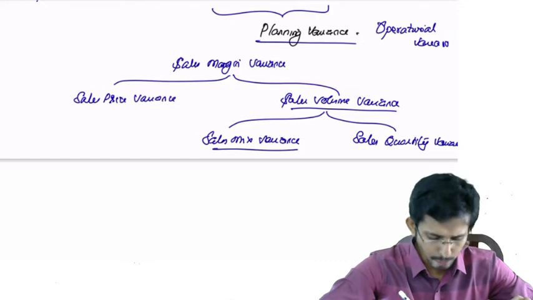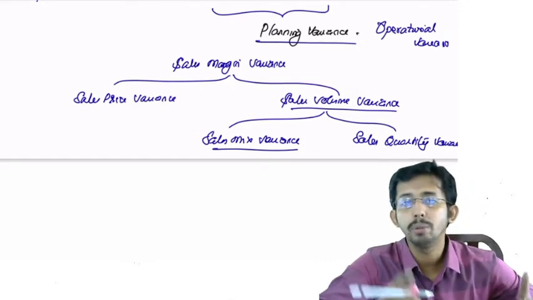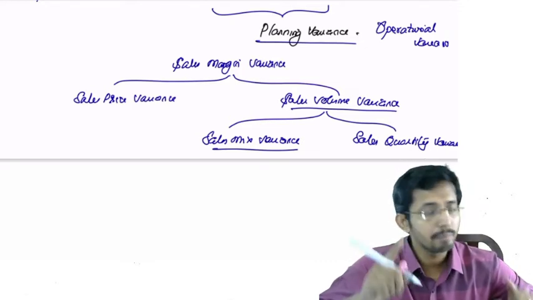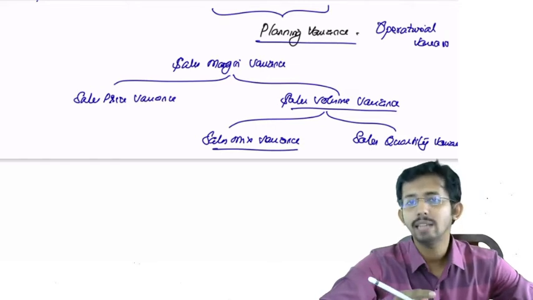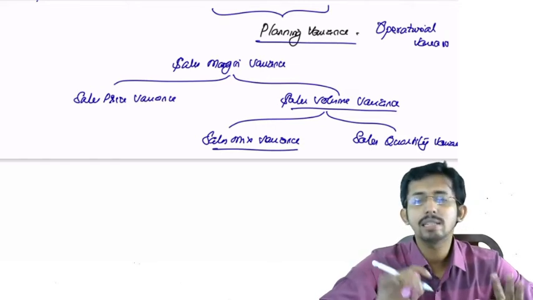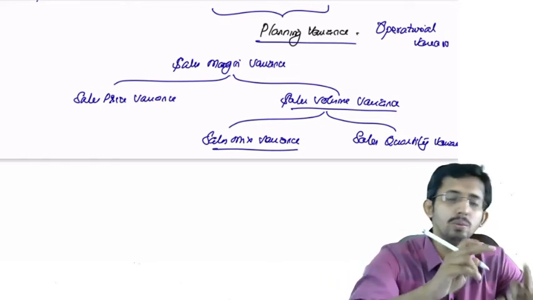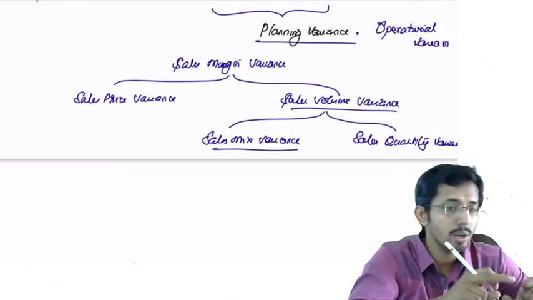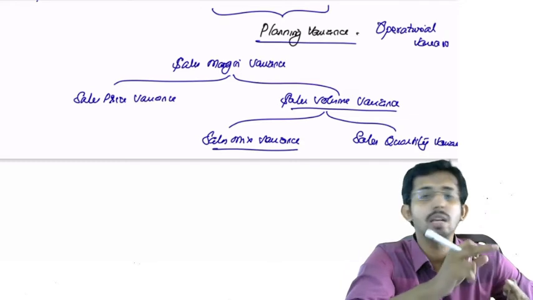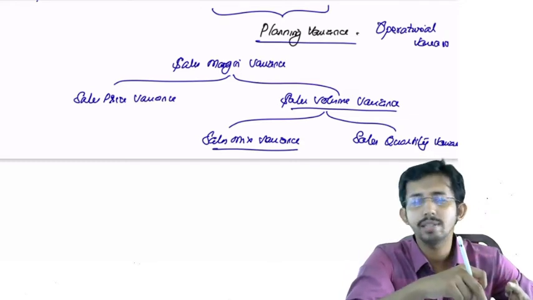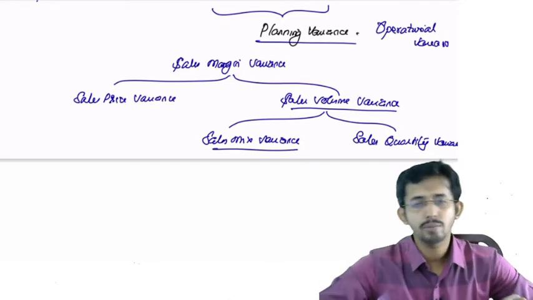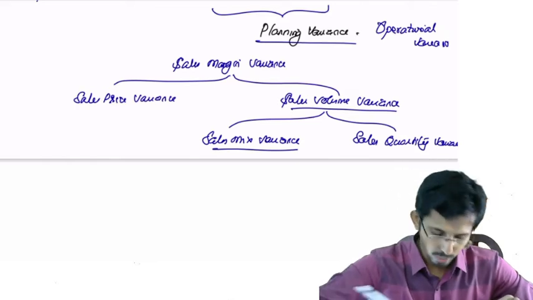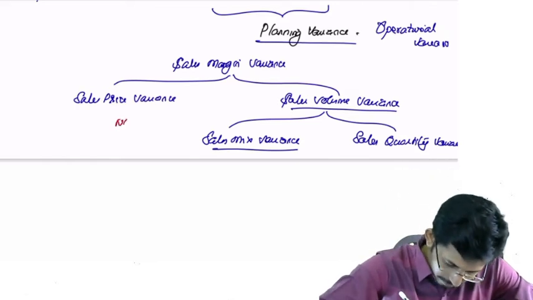Okay, now sales price variance they are not asking you to compute. Why are they not asking you to compute? Because it is already given that sales price variance is nil, because there was adverse variance in the first model, but the adverse variance in the first model on account of changes in the sales price was actually compensated by the increase in the selling price of the second model, that's the 5000 watt model. Okay, so this will be nil.